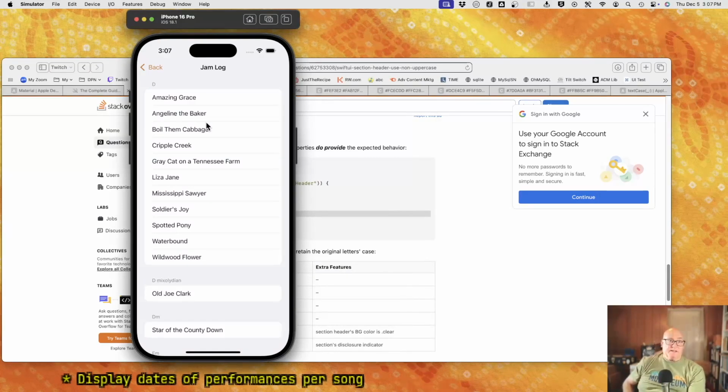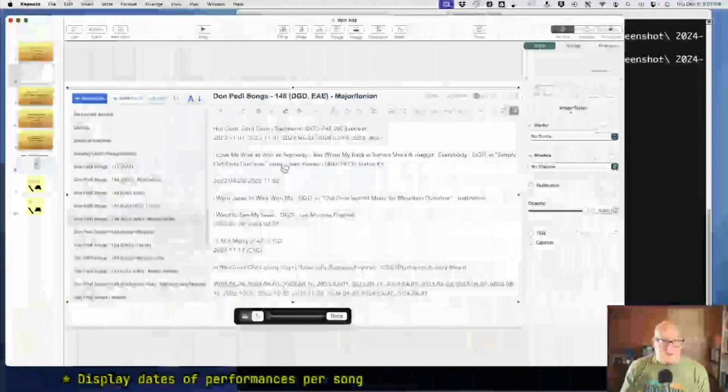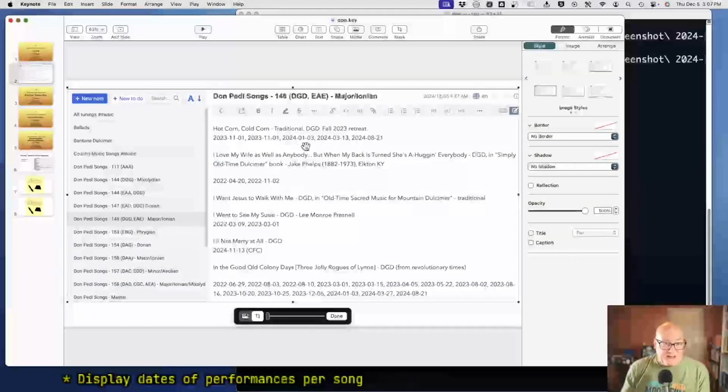I mean, it's got to be able to handle songs that aren't in the list, because not everybody plays some of these. I haven't met any other players who play Hot Corn, Cold Corn, Love My Wife as much as anybody. This one's a kind of common hymn song. I Went to See My Susie, I may have heard that. I'll Not Marry in the Good Old Colony Days. Those ones may have been heard by others. I've heard it from other people, but